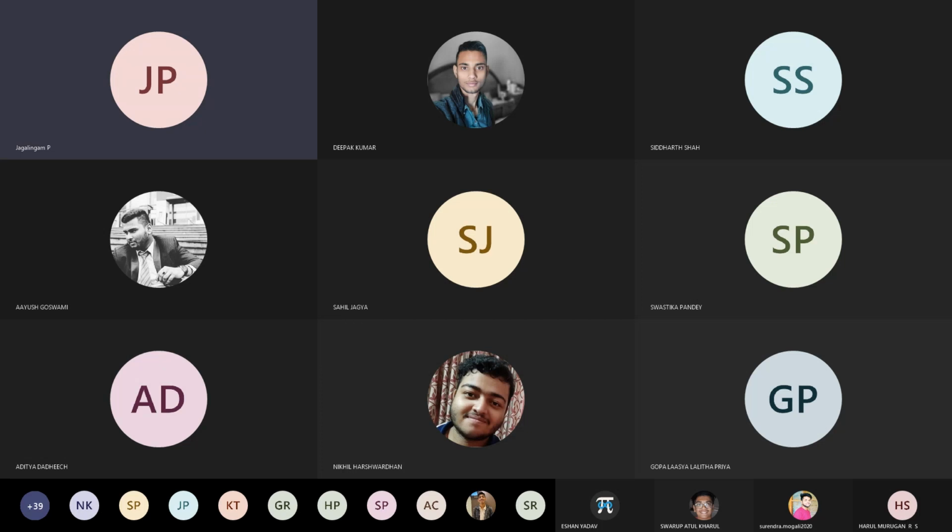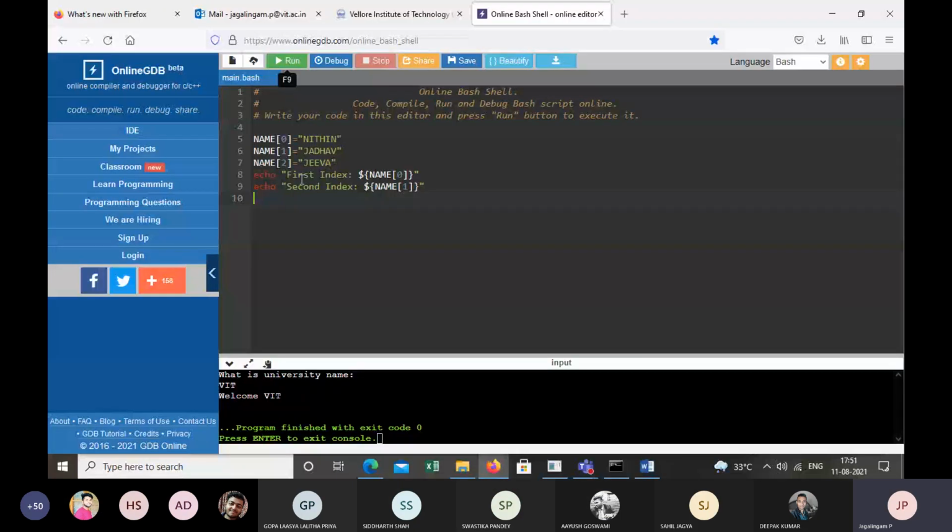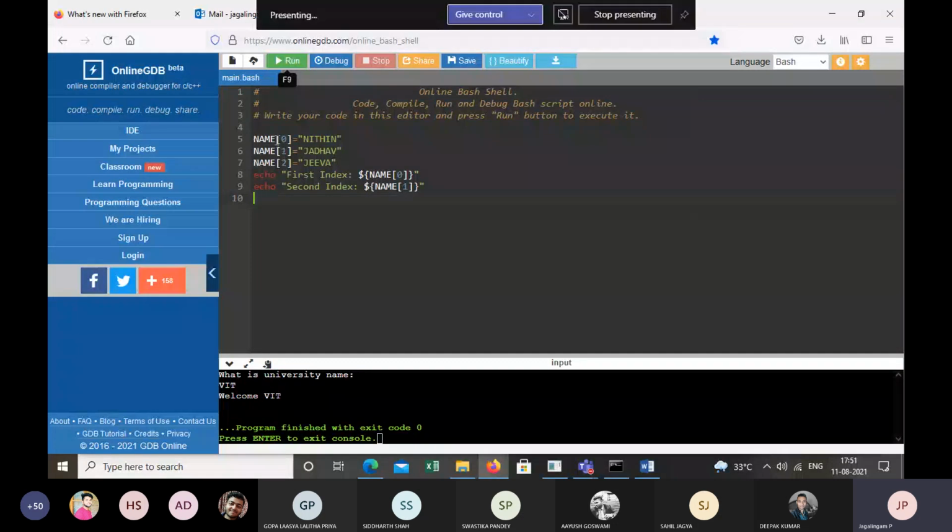Okay, so now in line 5, line 6, line 7, the name of the array is name, and in index 0 we have Nitin. In index 1 Jadev. In index 2 we have Jiva.